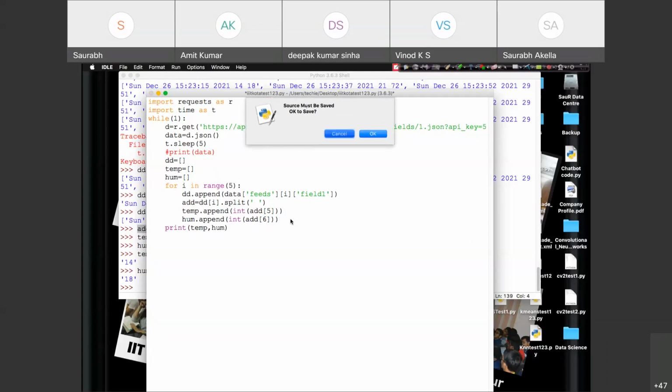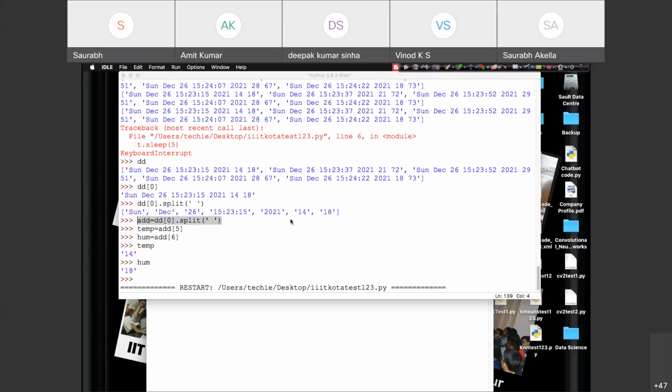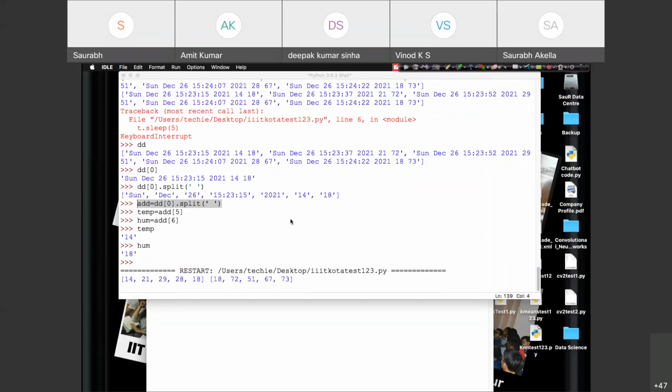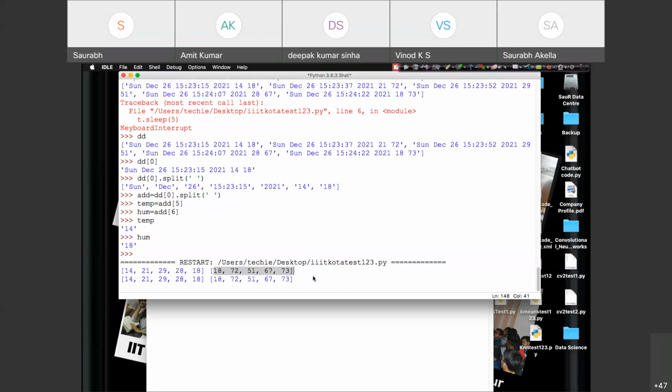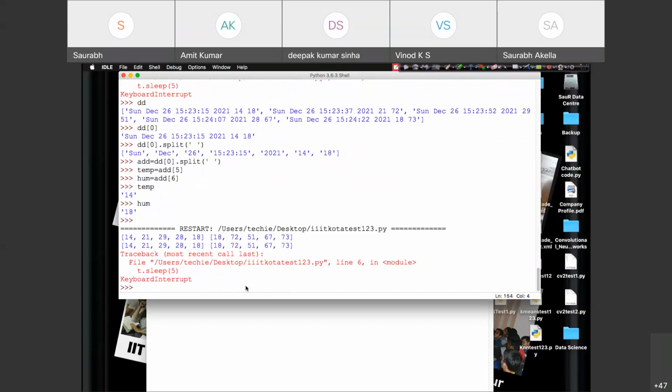If I run this code, yeah, so these are the temperature values and these are the humidity values, right? Okay, so if I do one thing, my temperature is this, right?